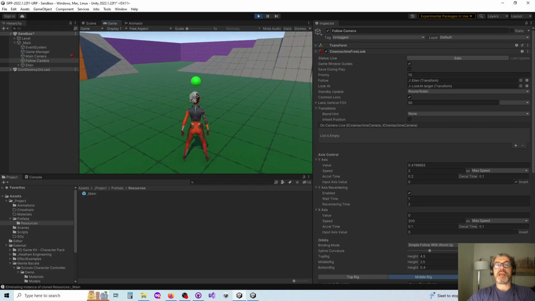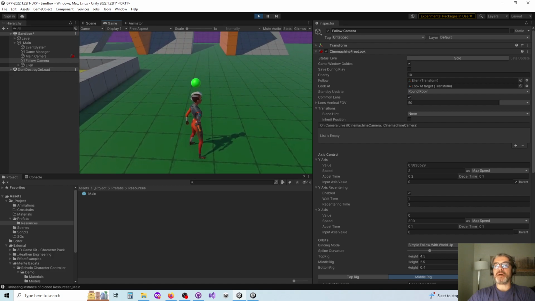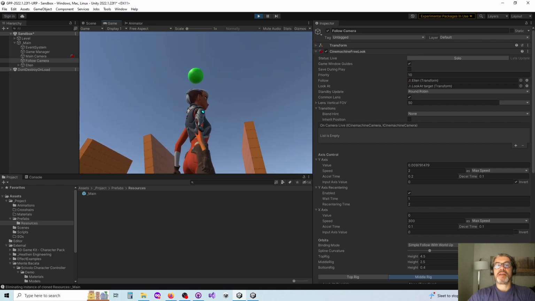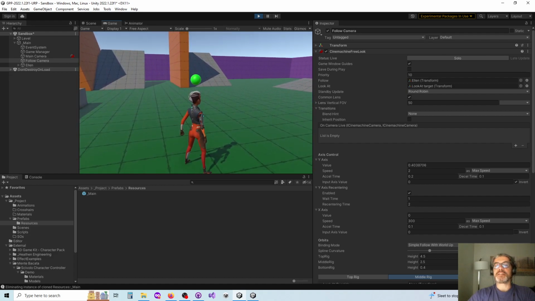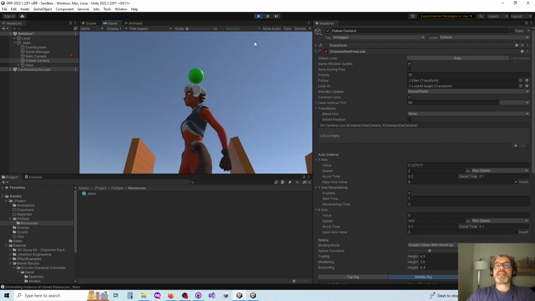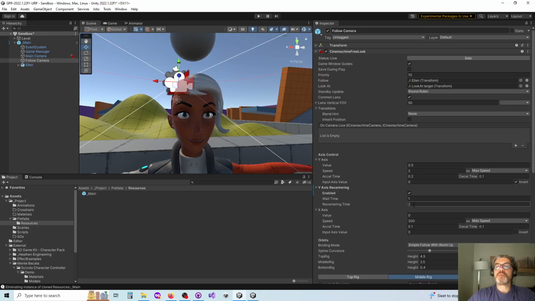let's say I go up, then I release the mouse, right? It recenters itself vertically only, right? And then if I go down, again, it recenters itself. Now, as I have pointed out here, it seems to me that these two fields are not really respected, because